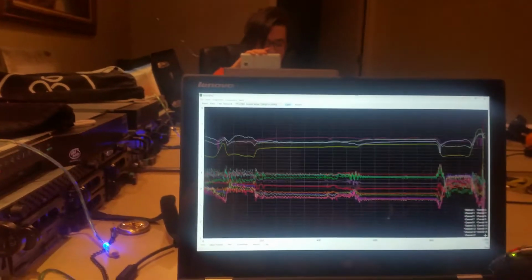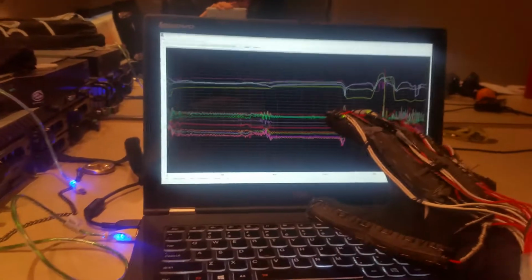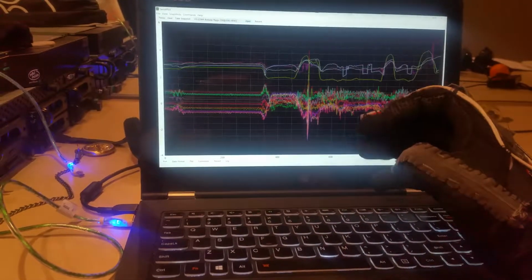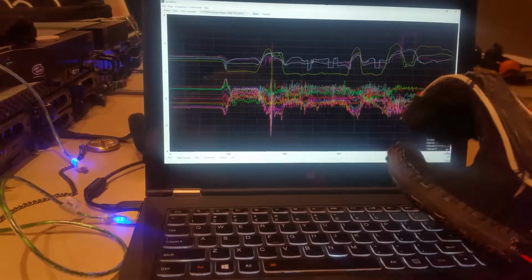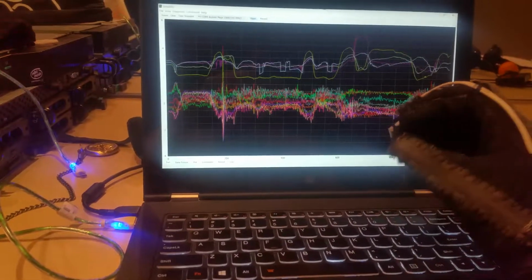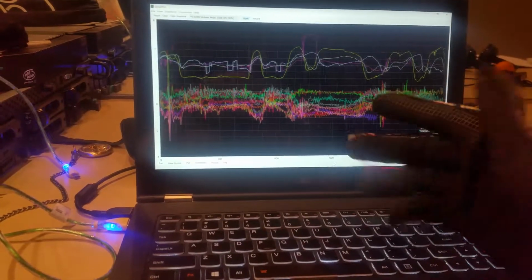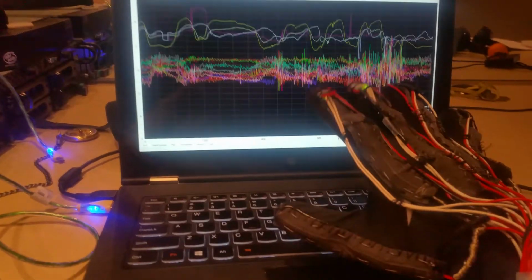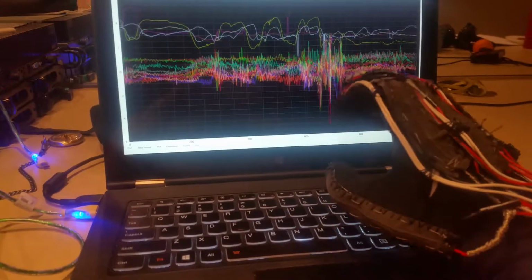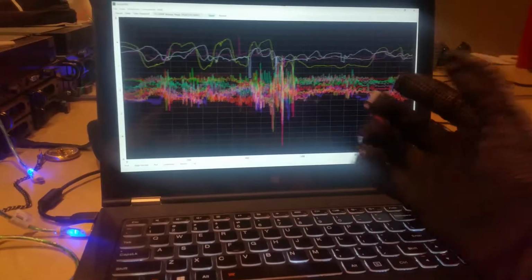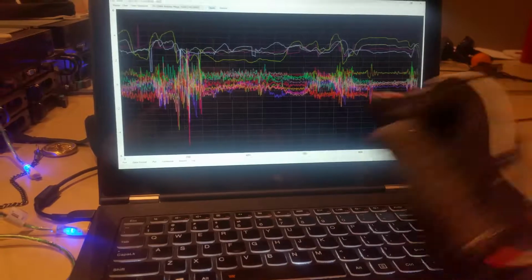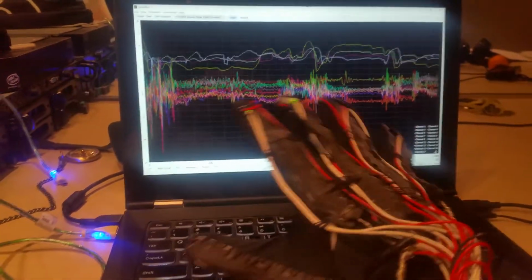Hi, I'm Luke, and this is a sound glove I've been working on for the last month or so. The glove itself I made to try and be able to pick up specific hand gestures and finger movements. And the goal for this was that I could try to translate specific movements and output that to hopefully create